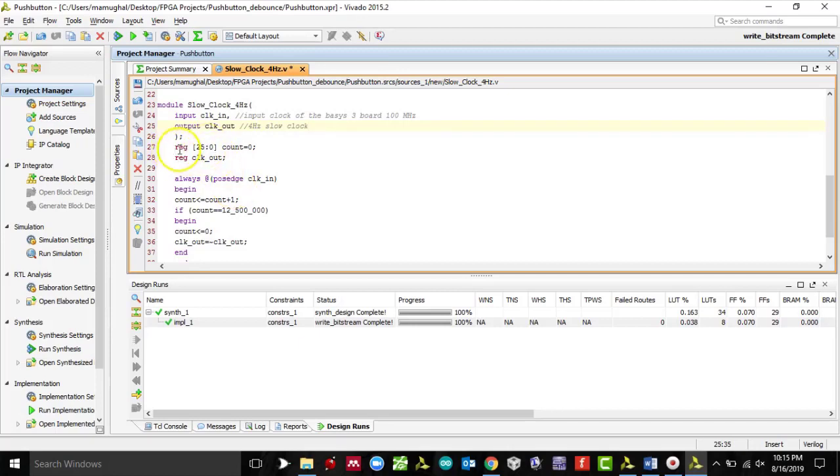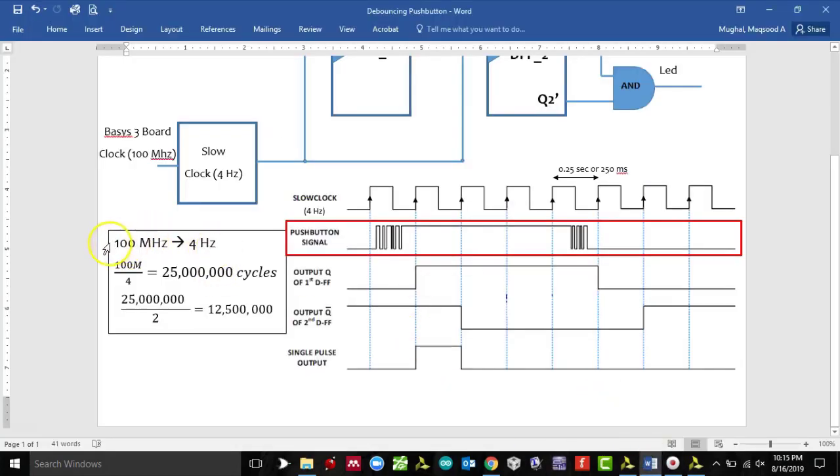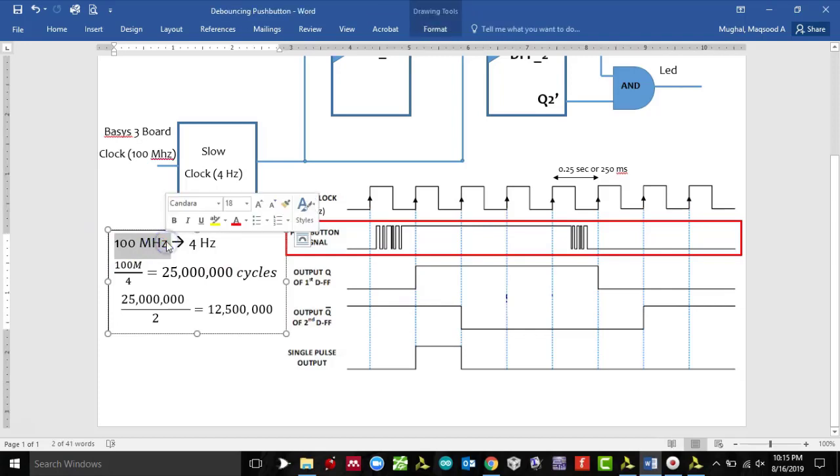and then followed by, I'm going to use a variable called count, and I'm going to set the initial value to 0. How did I come up with this number right here? Again, I have explained it in my other tutorial, but I can just quickly go over it. So notice, you got 100 megahertz frequency from the Basys 3 board. You want to cut it down to 4 hertz. So if you take this number right here, 100 megahertz divided by 4 hertz, you're looking at 25 million